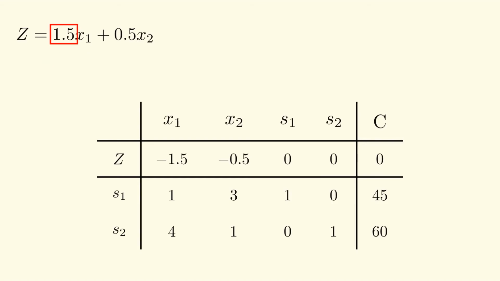In our example, x1 has the most positive coefficient in the objective function, and equivalently, in the simplex table where the objective function is written as an equation, it has the most negative coefficient. So we select the variable with the most negative value in the simplex table. Note, this is for a maximization problem. For minimization, we choose the most positive variable.